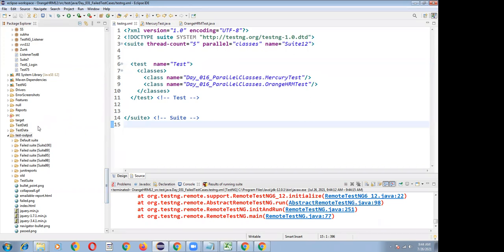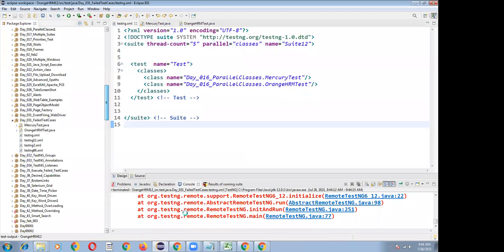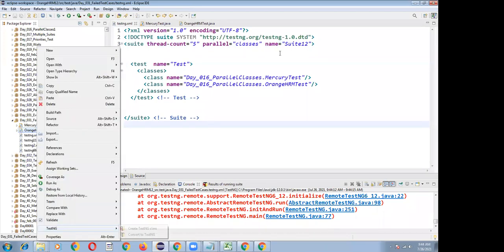Now I'm going to generate the testng.xml, convert to testng, lab number 31.